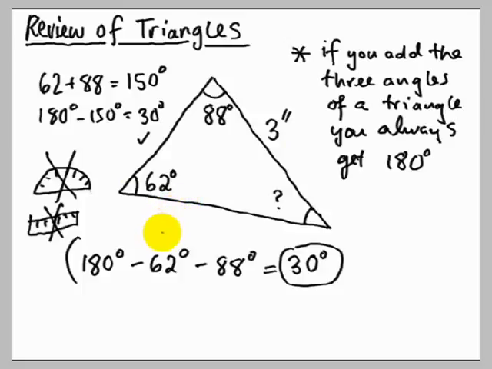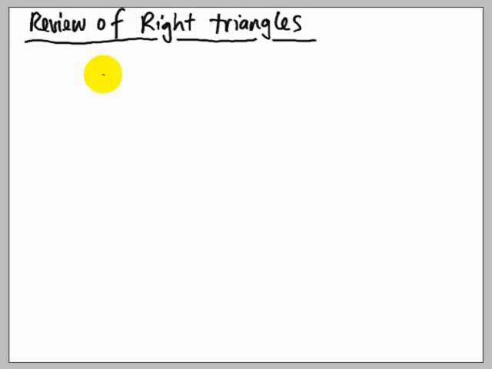Okay, let's continue on with looking at a special kind of triangle, which is called a right triangle. In this course, we're going to focus really on right triangles, so we should spend a little time discussing what a right triangle is. First of all, what is a right angle? Well, a right angle,